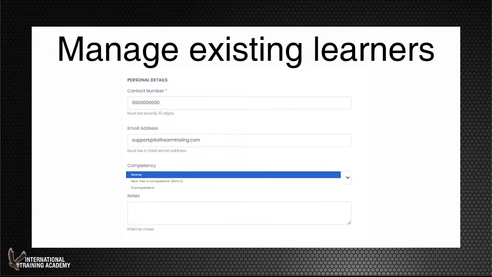And then the very nice thing about this is you can declare the learner competent or not competent. When you click on that drop down button, it's going to give you a competent or a not yet competent option. So let's say that your learner is not competent with the shoot. What will happen is, in the note section, you're going to make a little note for yourself to say learner needs to reshoot, let's say handgun,